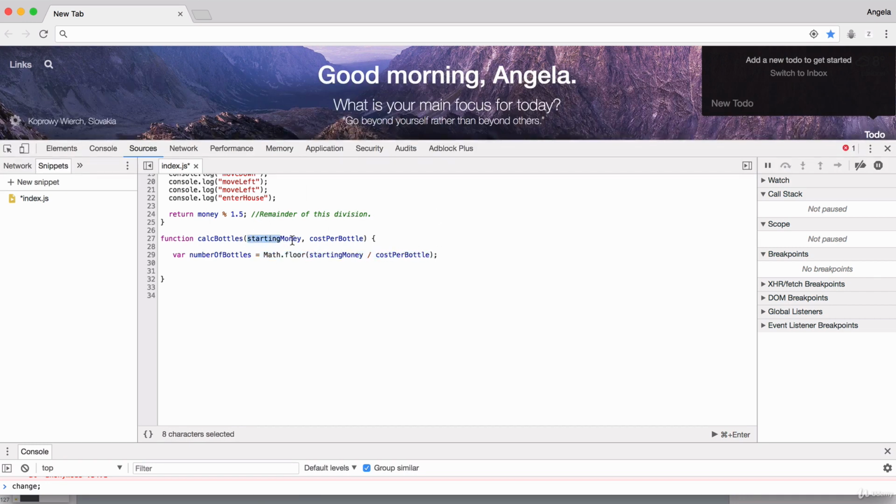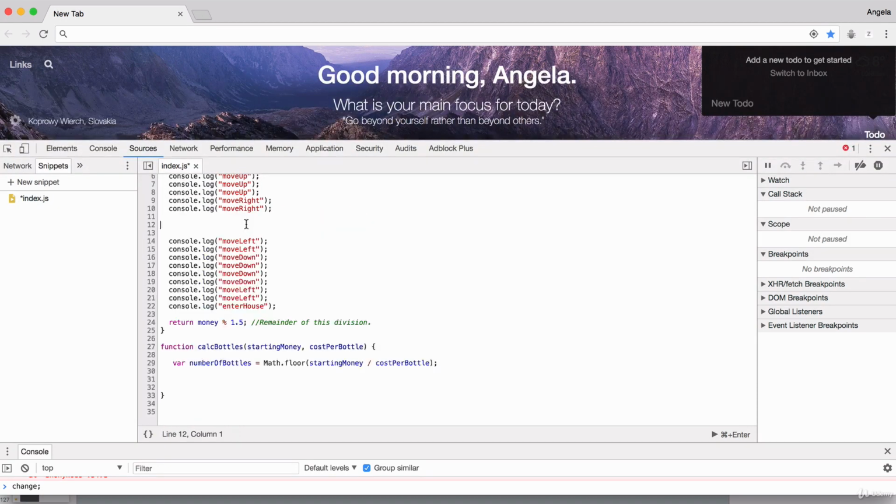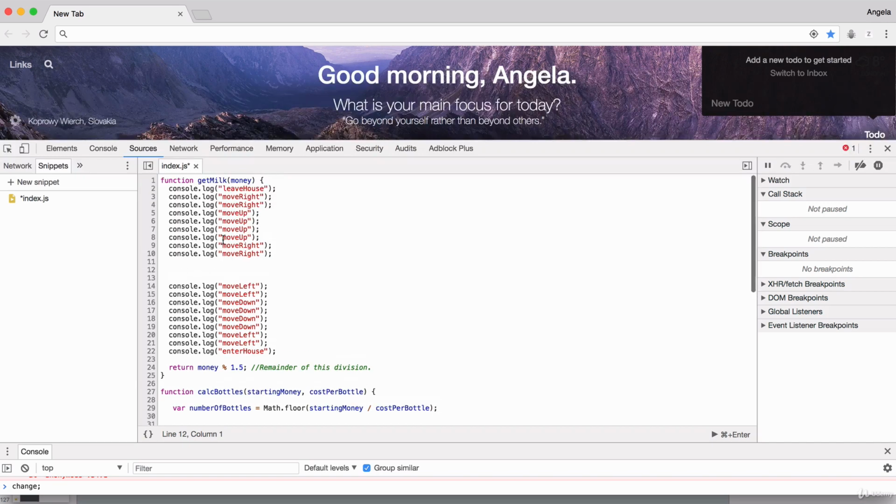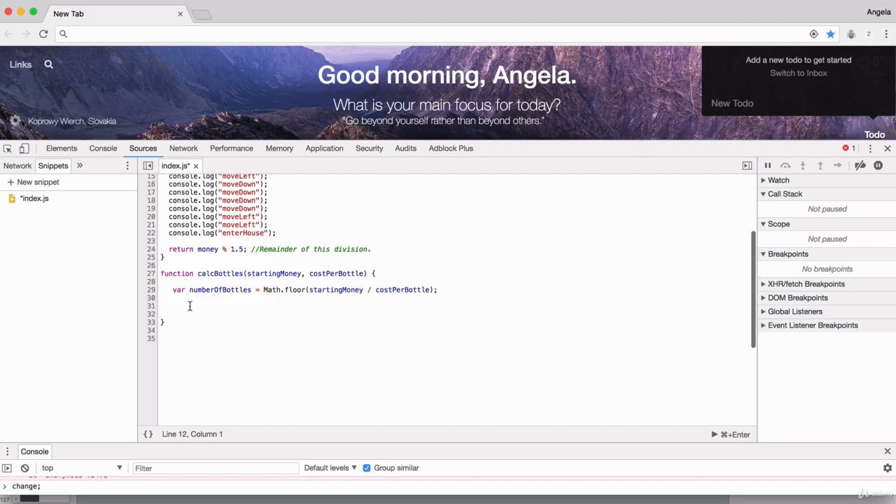This is always going to be the same calculation that you need to perform, no matter which scenario. So you could have a starting money amount of $5, $10, $20, doesn't matter. And if you divide that by the cost per bottle of milk, then you will end up with the number of bottles. So now, how can we use this function inside here? Well, if we give this function a return statement, and we say that the output of this function is the number of bottles,